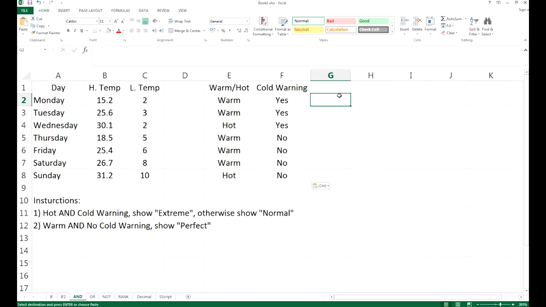All right, so let's do it by using IF and the function AND. Here, for the logical test, we need to fulfill both requirements of hot and yes for cold warning, so we need to use AND right here. Logical one will be: if E2 equal to hot,